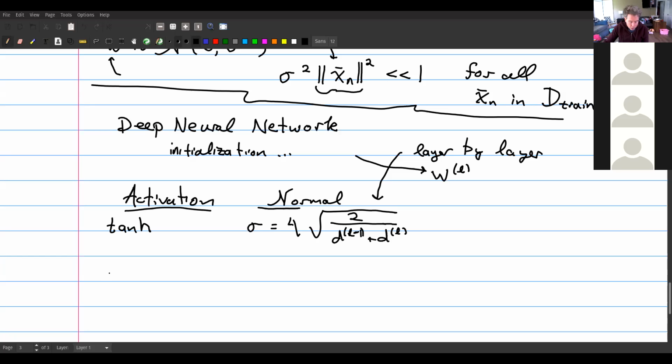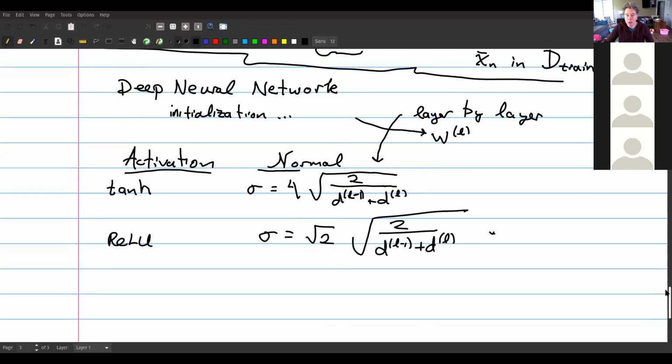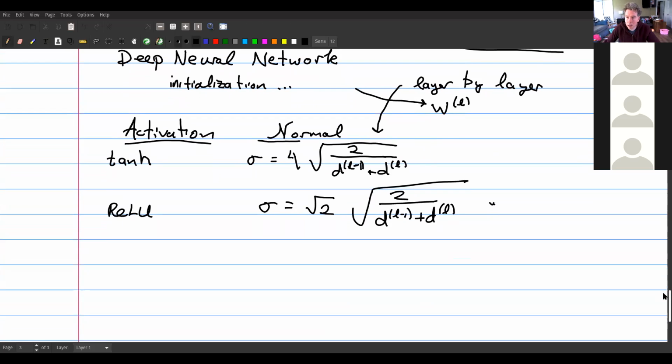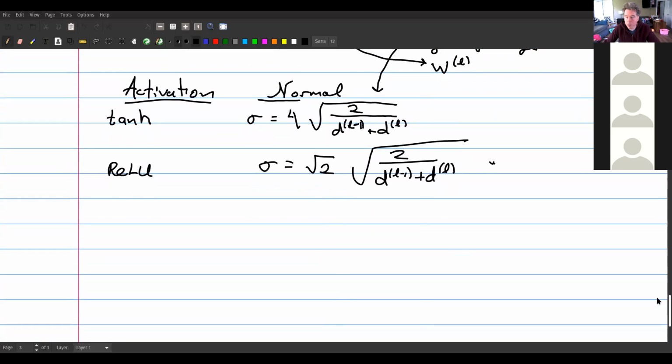But if you use ReLU, then this should be sigma equals the square root of 2 times the square root of 2 over d^(l-1) plus d^l. So when I made this change, I had a hard time getting it to outperform the standard initialization function, but now it's doing pretty well. I can show you